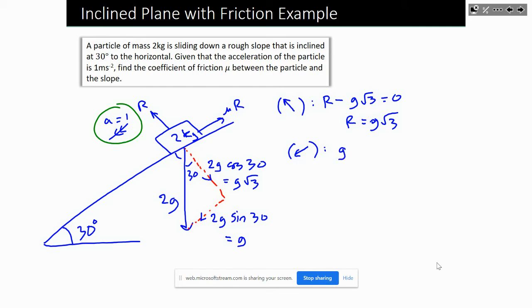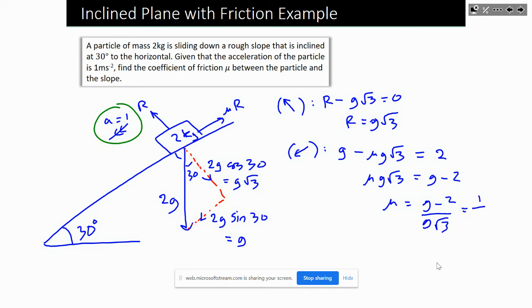And then up the slope we have mu R. So take away mu R, which is mu g root 3. And that equals mass times acceleration, which in this case is just 2. So if I rearrange this, mu g root 3 is g minus 2. Mu is g minus 2 over g root 3,